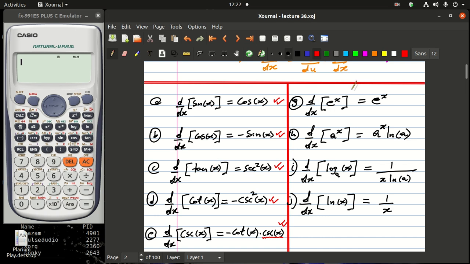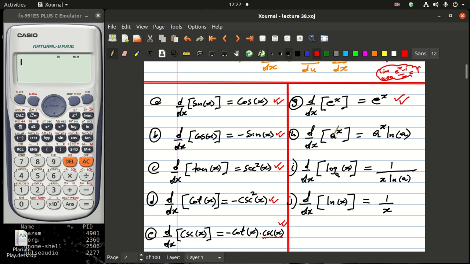And then we moved on and found out the derivative of e to the power x is the same as e to the power x, and here we used the first principle, and also we used the knowledge that the limit as x approaches 0 of e to the power x minus 1 over x is equal to 1. We used this to prove this. And then here we just changed this to have an e, and then we started to use the chain rule, and then we ended up proving that